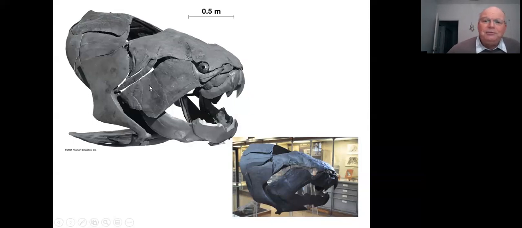Some of the largest individuals may have been up to 10 feet in length, pretty impressive predators. I had the good fortune to be able to see one of these skulls. And I'm not sure whether it's the same one that the book has, because the eye socket lacks the armor plating that you could see here in the textbook image. But this was in the Museum of Natural History in Paris. And it is very, very impressive. It is quite a large bony protective element on this predatory